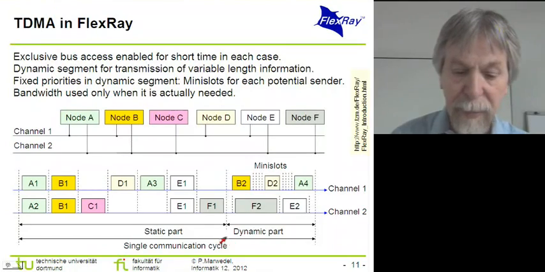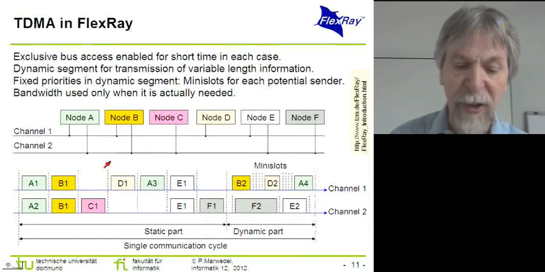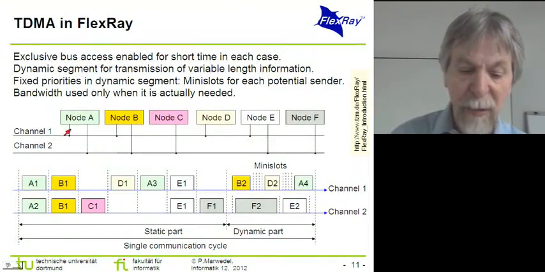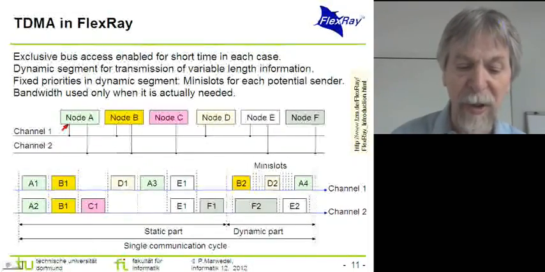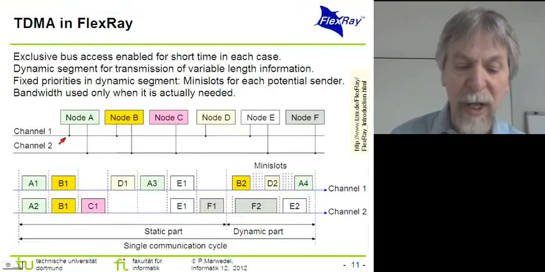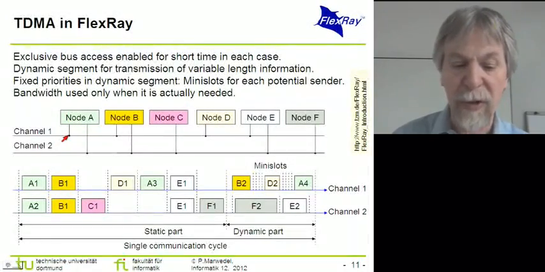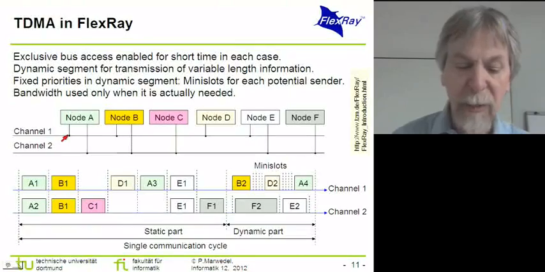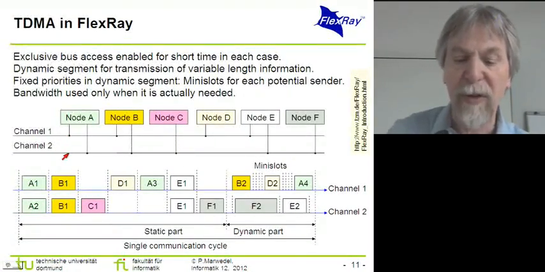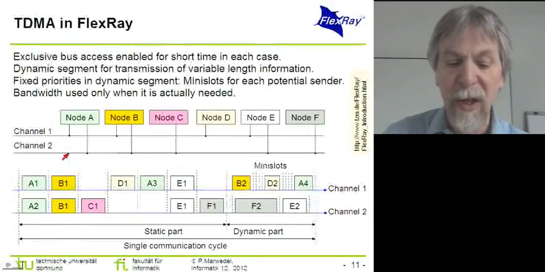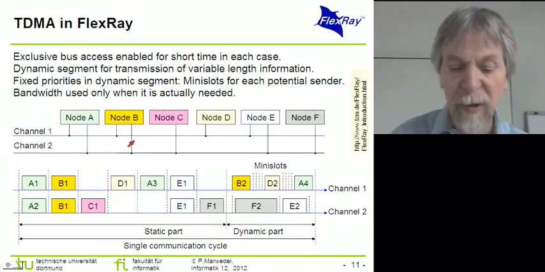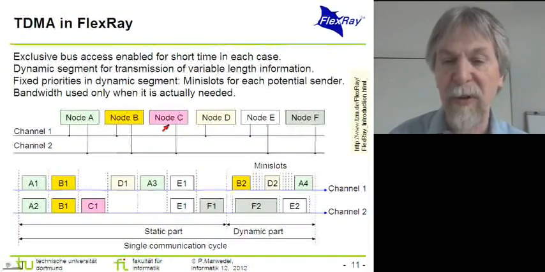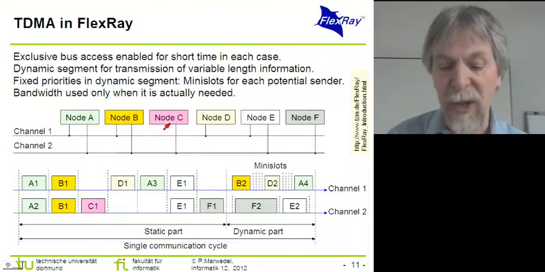So, this is the typical structure of a FlexRay system. In a FlexRay system, we do have different communication partners, or so-called nodes, that can be connected to up to 2 different channels. For reliability reasons, there are 2 channels available, and each of the nodes that is safety critical must be connected to both these channels. There may be some other nodes that are less safety critical and which could then be connected just to one